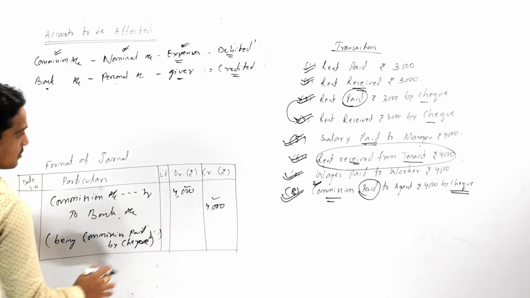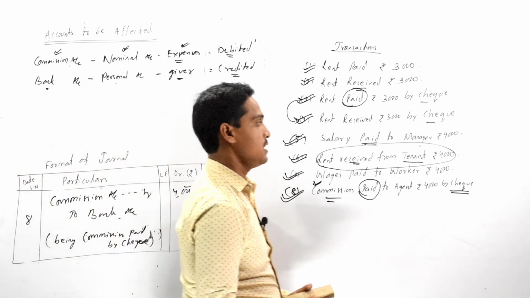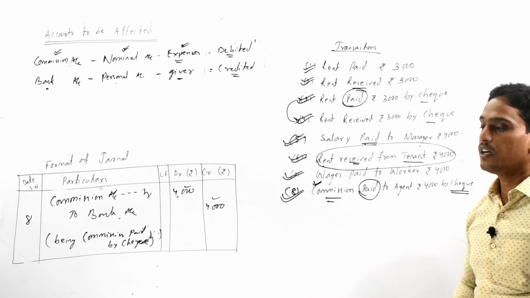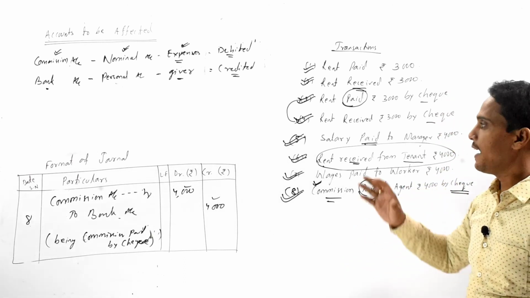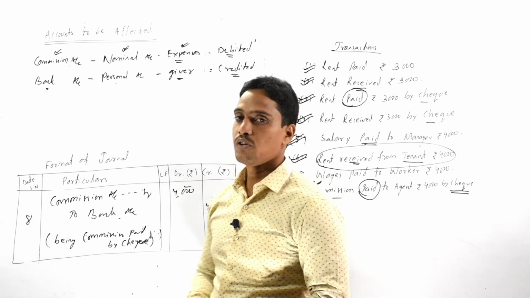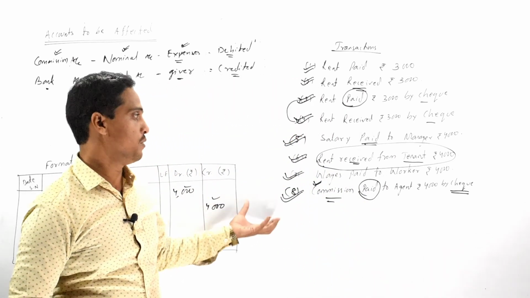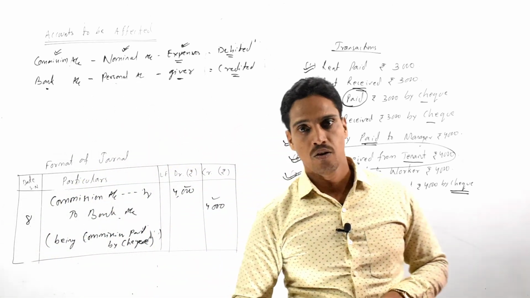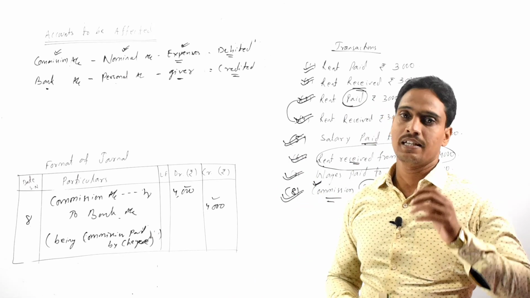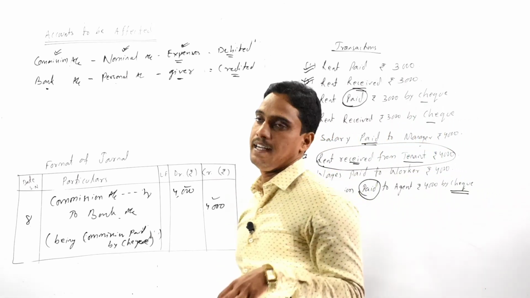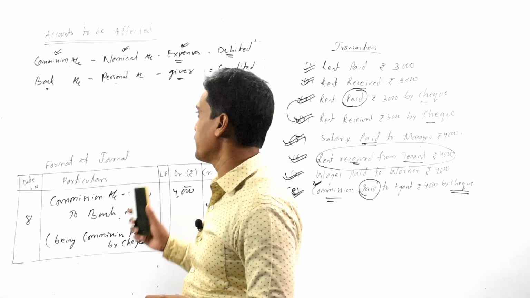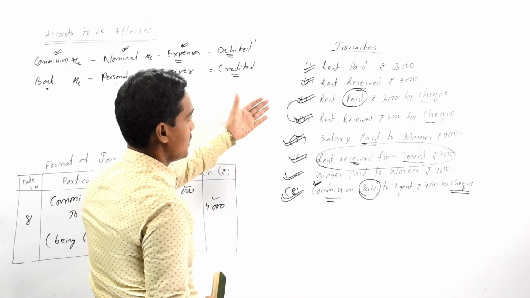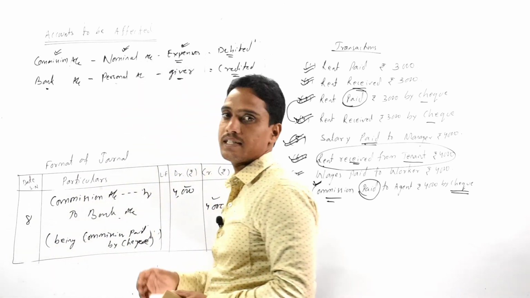We should follow the similar procedure in order to pass the journal entries of any other expenses and income transactions. So repeatedly watch this video to gain a clear knowledge regarding passing journal entry of income and expenses transactions, and also share it with all your friends in order to give them opportunity to enhance their knowledge of passing journal entries regarding expenses and incomes.